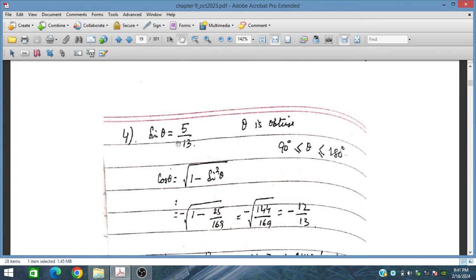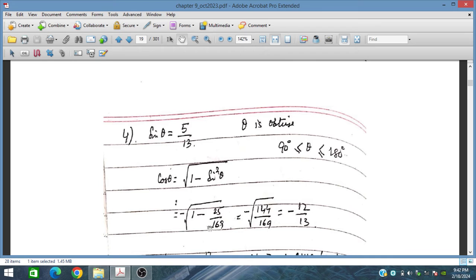Here we have sine theta is equal to 5 upon 13, the angle is obtuse, so this angle is between 90 degrees to 180 degrees. From this, cos theta is equal to the square root of 1 minus sine square theta, and since this is an obtuse angle, in this quadrant the cos is negative, so we place this negative here because this is plus minus, and we will take only the negative value because theta is